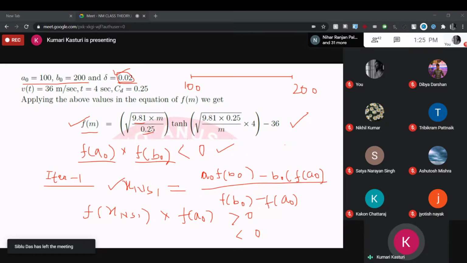Is that clear, all of you? Any method, I am telling you, not just bisection or regula falsi. In general, the next method you will study, Newton-Raphson, you will get your solution in 4 to 5 iterations. But bisection and regula falsi take more iterations compared to other methods. That's why I am telling you to please do up to the 4th iteration or so.